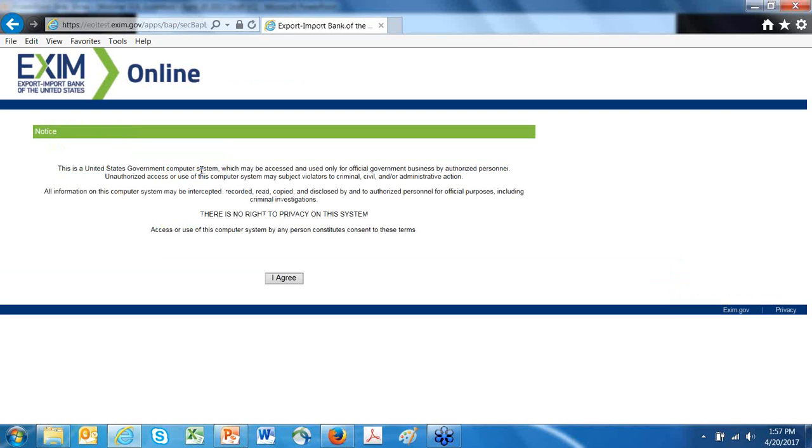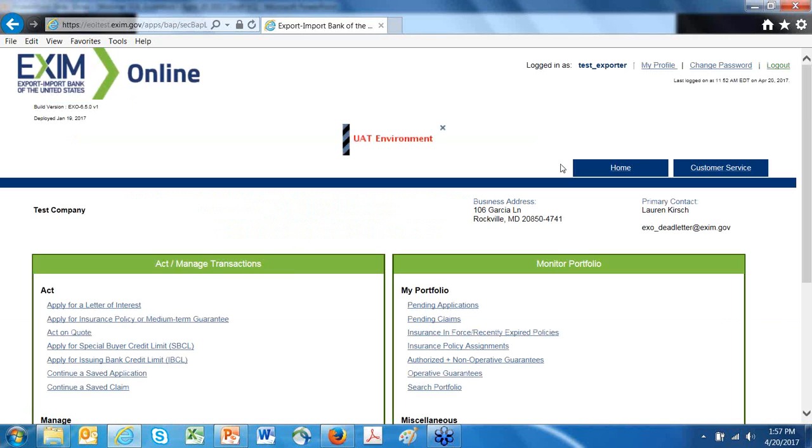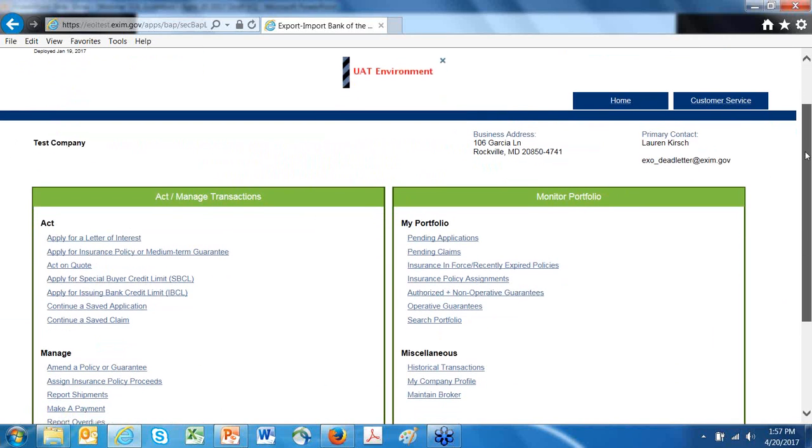So once they've entered the user ID and password, they'll also come to this screen where they'll need to agree to the privacy issues, and they'll be taken to their own home landing page.